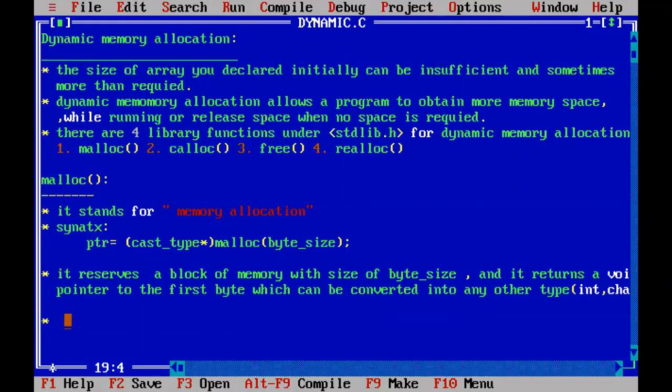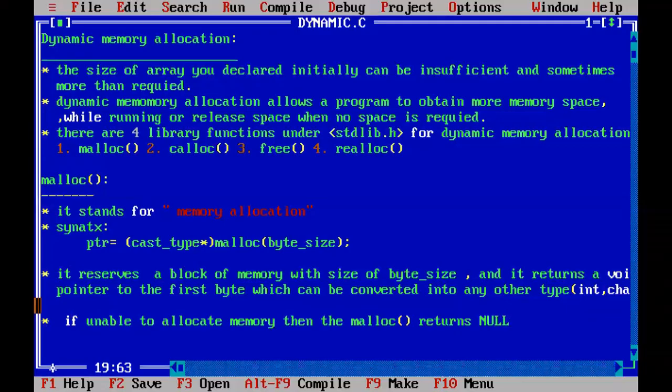The last point you write down regarding the malloc function. If unable to allocate memory, then the malloc function returns null.